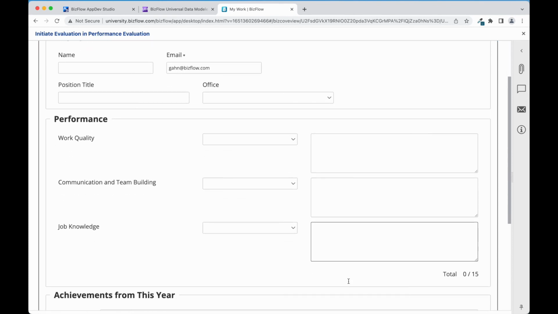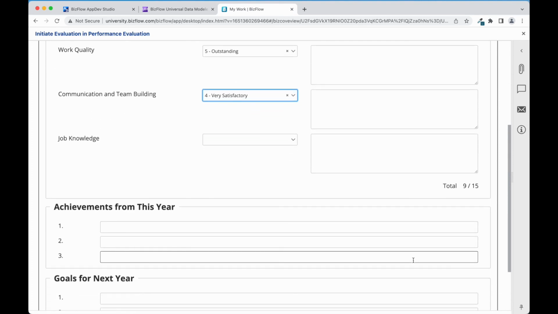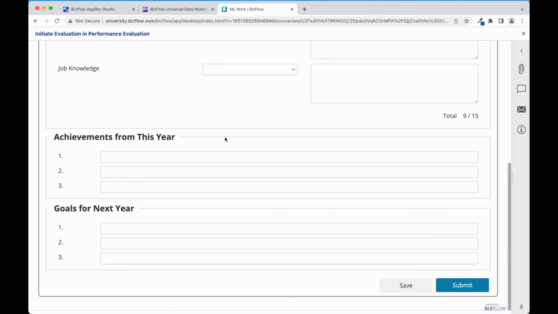Scrolling further down, we're still able to enter our performance scores. And doing so, we can see that the total is updated based on real-time selections. And even further down, we can see that since we're at the Initiate Evaluation activity, we no longer see the Manager and HR Review field sets. To see them, we'll have to submit our form,